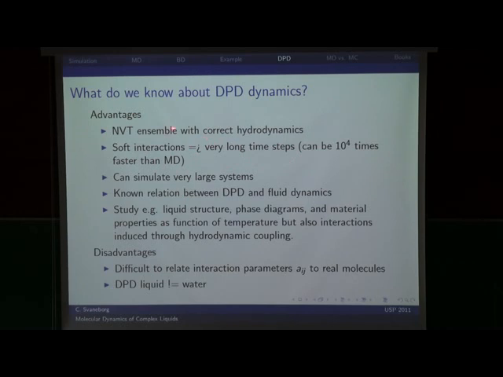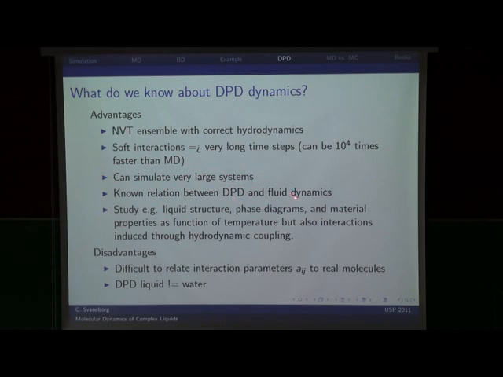So instead of using femtosecond time steps as we would in either molecular dynamics or Brownian dynamics, we can use, for instance, microsecond long time steps, which means that we can propagate systems much further in time, exactly because we have these soft interactions. So DPD can be up to 10 to the 4 times faster than doing MD simulation. Because the description is so very crude, we can simulate very large systems, and the DPD equations of motion